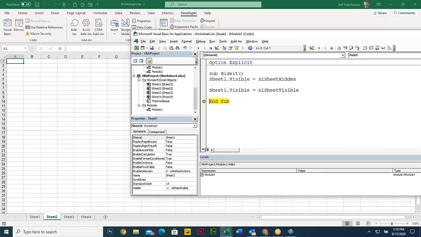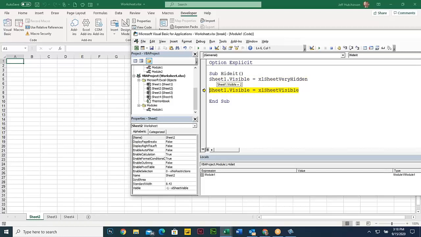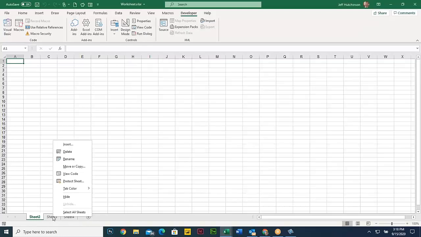Okay. Now another command here is this thing called very hidden. Sheet, V-E-R-Y, very hidden. And let's go ahead and run this. So it takes sheet 1 and it hides it very hidden like that. Now the difference is when I right-click on this, I can't unhide it. See it? So if you want to hide something where people can't find it, you can